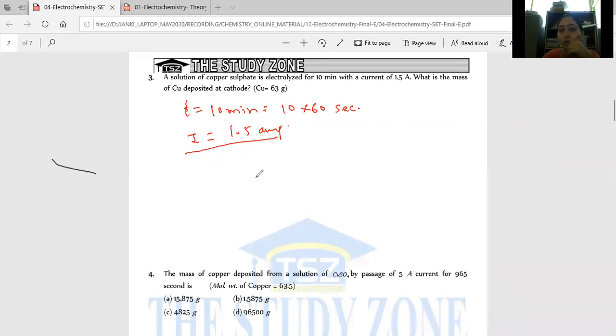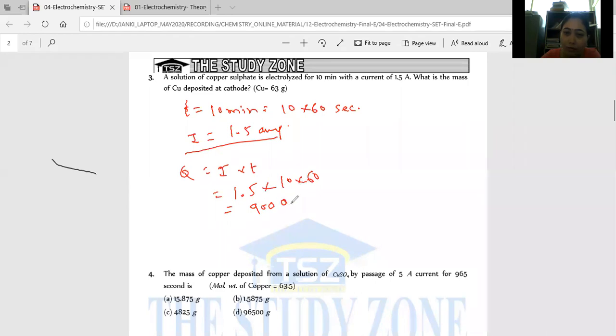Do the calculation. Q is equal to I into T. Yes, Q is equal to I into T. Yes, Umang, Harsh, Krish. Okay, all got the answer, 0.29. Now I is given. What is I? 1 A. T is in minutes, need to convert into seconds. So 10 into 60. So how many coulombs did you get? Tell me the coulomb answer. How many coulombs will it be? It's 900 coulombs, right? Yes or no?